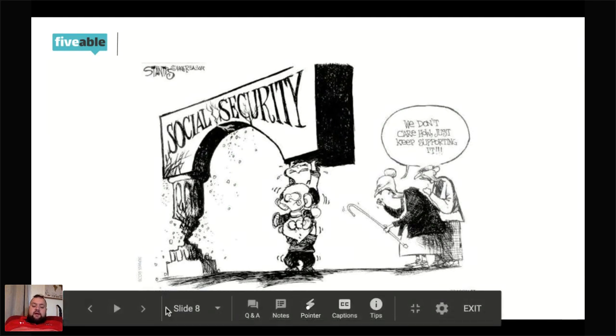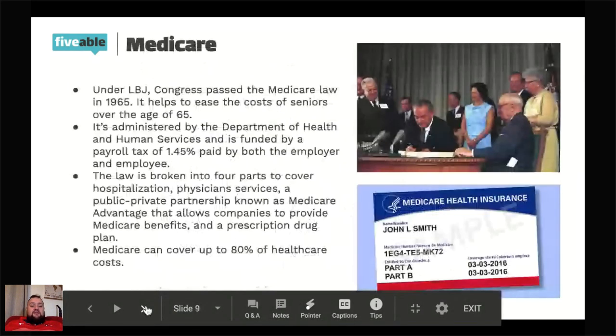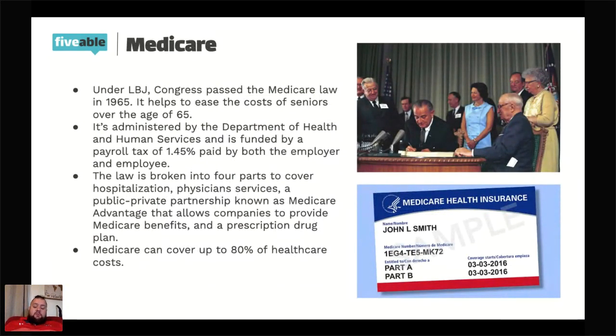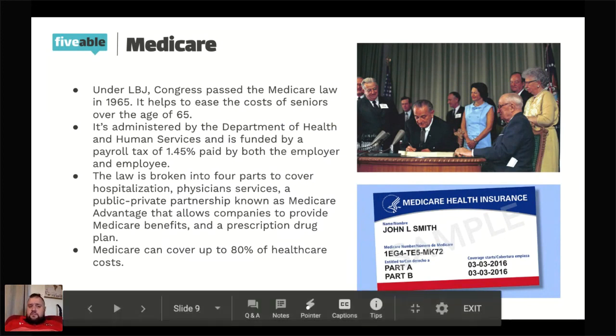Okay, so then let's go on to Medicare. Medicare is a program of the Great Society, which was Lyndon Baines Johnson, or LBJ's, group of legislative programs in the 1960s. FDR, Truman, Kennedy, all Democratic presidents, had all tried to expand the social safety net from just Social Security to also providing health care, but they were unable to do so. It would not be until LBJ in the 1960s that we get a government health care program,